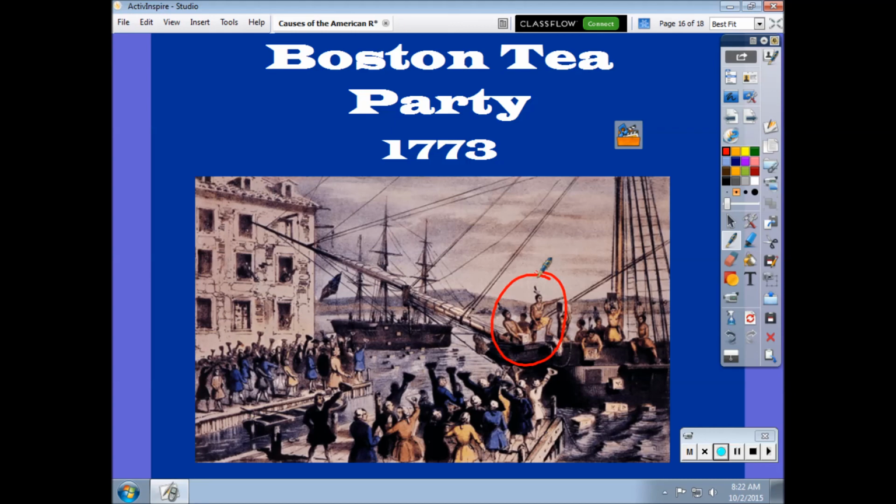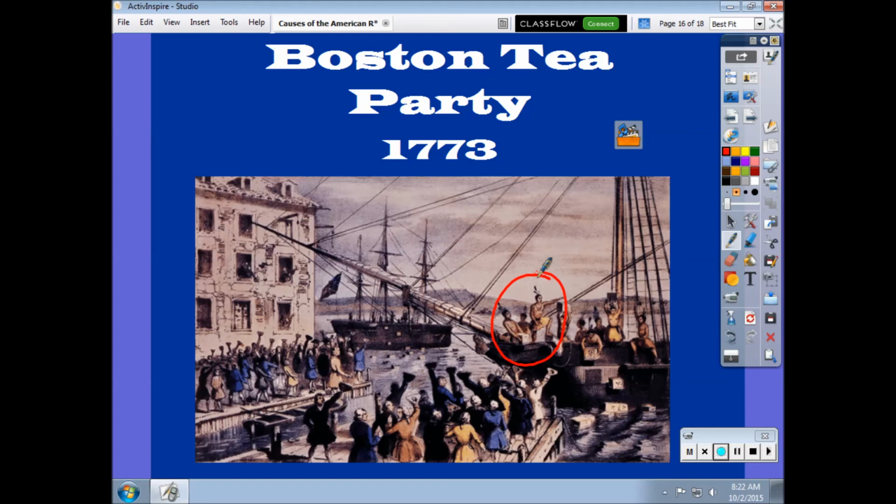And they begin, one evening, to go out to the ships and throw the tea overboard. Now, what had happened was that a law was passed in Massachusetts saying that ships that came into port needed to be unloaded in a certain amount of time. And because there was a boycott against the tea, the ships had sat there for too long. So people like Samuel Adams, for instance, who was instrumental in organizing this, working with the Sons of Liberty,